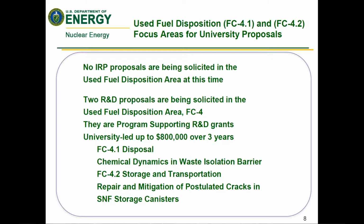For FC 4.2, are you more interested in the repair or preventative/mitigation aspects? Pete? Yeah, this is Peter. I'll take that one also. The repair, I think in the way you phrased the question, would be the answer. If cracks already exist, what can be done as opposed to preventing their occurrence? Yeah, I think the mitigation aspect was